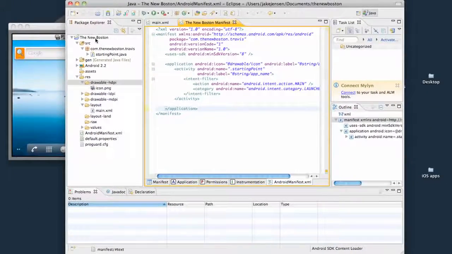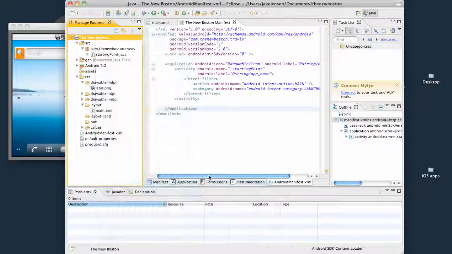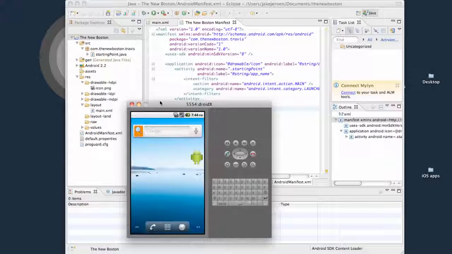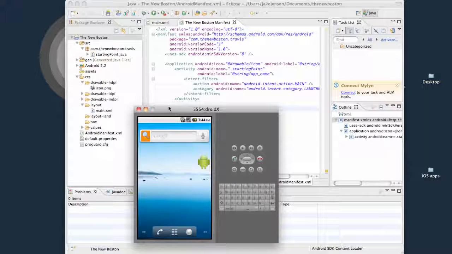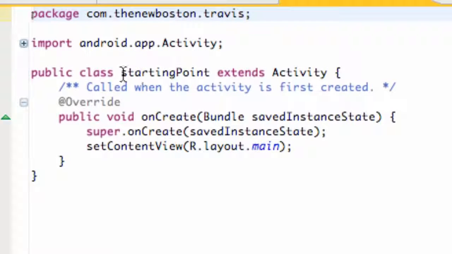The only other thing I want you guys to do real quick is right click on your whole package, go to run as Android application, and that's going to load up on our emulator. I'm just going to briefly talk through everything that's happening. As it's installing onto our emulator, it's looking for the launcher item within the manifest. Then it calls this starting point class that we set up right here, which is an activity class, and within the activity it sets the content view to